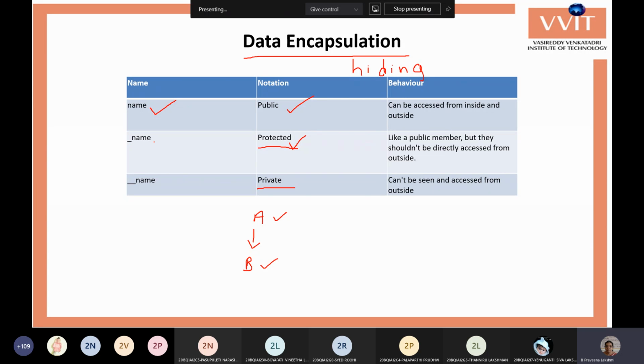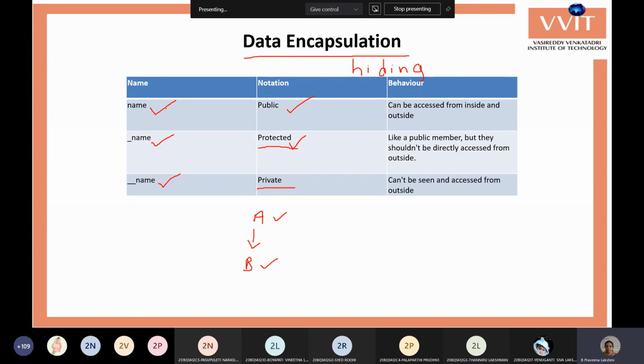With one underscore symbol before the variable name, it is a protected variable. If we have two underscore symbols before the variable, it is a private variable. So you just note down this concept by the next class, and we'll see the example in the next class.